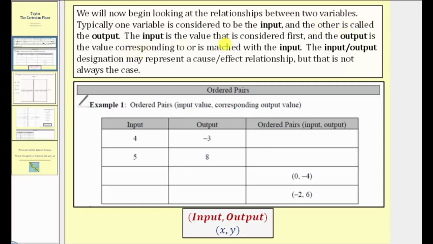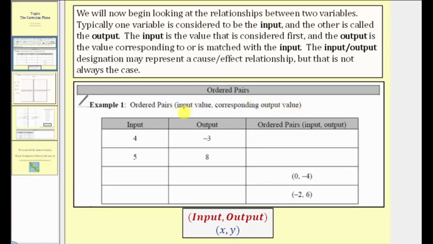The input is the value that is considered first, and the output is the value corresponding to or matched with the input. The input-output designation may represent a cause-effect relationship, but that is not always the case. But because of this, we sometimes say that the input controls the output or that the output depends on the input. Whenever we have values that represent the input-output relationship, we can organize them in what's called an ordered pair,